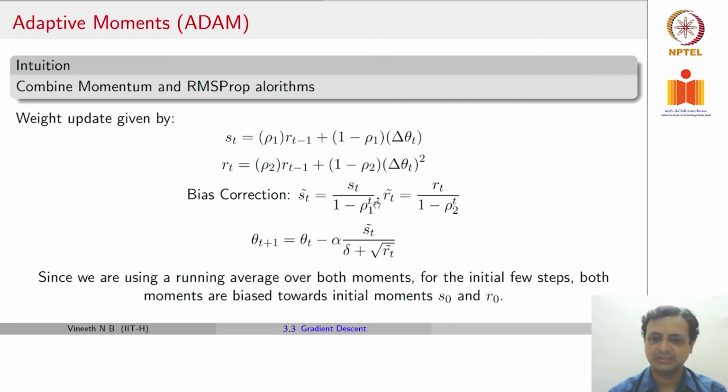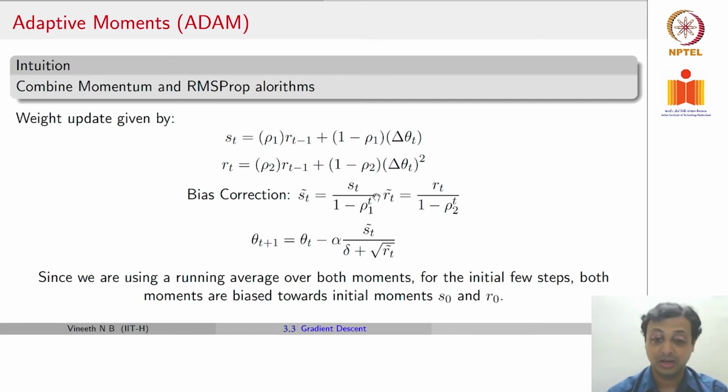What happens in later iterations? We have t here. t is the number of the iteration that you're talking about. What happens here? Remember rho 1 is less than 1. It's chosen to be 0.9 or something like that. So rho 1 power t will keep reducing over the iterations. 0.9 into 0.9 is 0.81. Right? So as long as you have a value less than 1, as you raise it to the